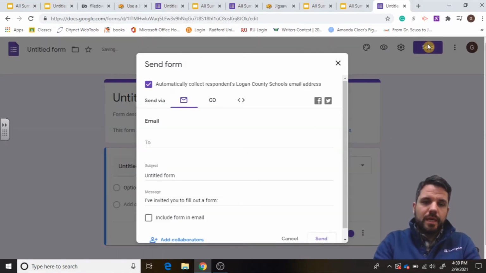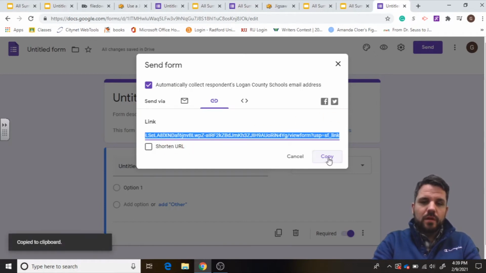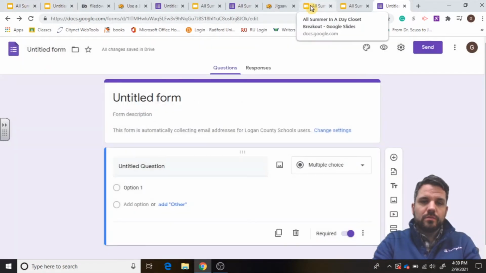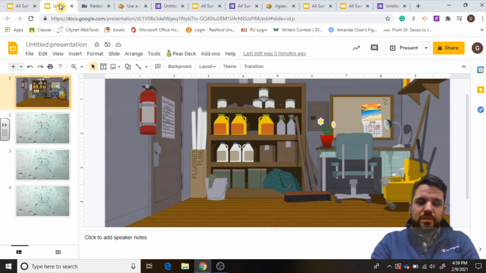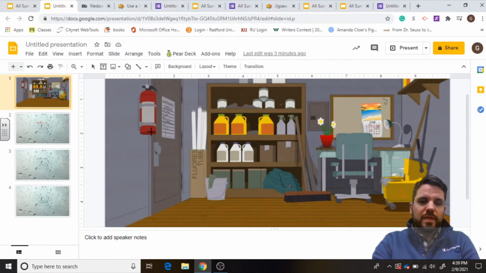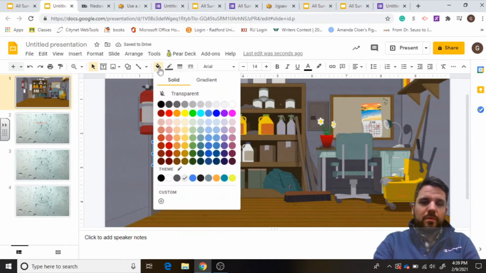That's going to open up a link. So when that opens up the link, you just copy it, and you're going to go back to your untitled presentation so far, and this time you're going to add a shape. So for the door, for example, or even doorknob, either way, when they click on the doorknob, that's going to allow them to input answers into the form. Remember, transparent,